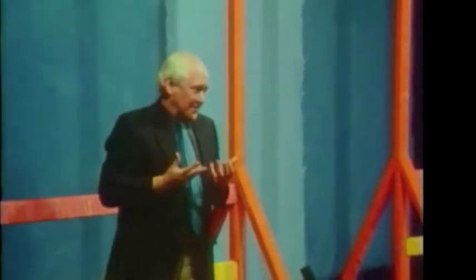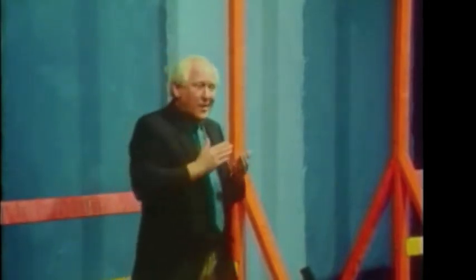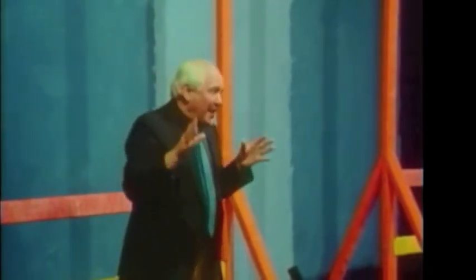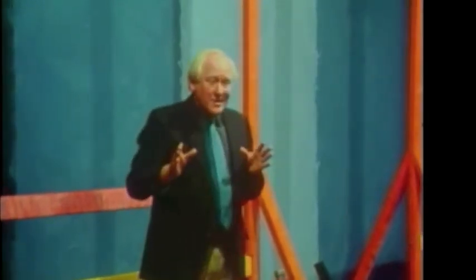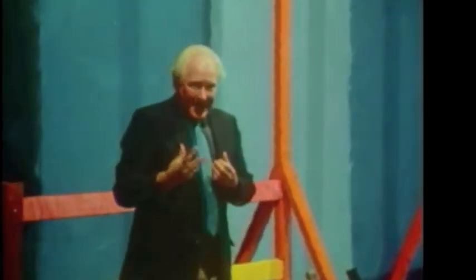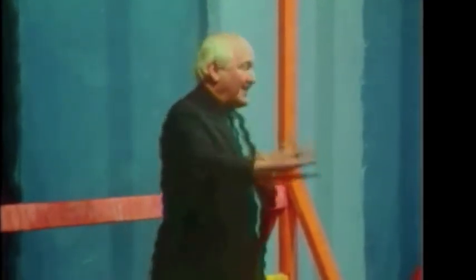Here I have this opportunity to extend these forms, build these forms in the landscape, and make this color statement, and it will be there over the seasons. There will be a constantly changing event around the piece itself. The color of the piece will be basically fairly static, though it will alter and weather and fade and change. But there will be dramatic changes in the landscape itself, the seasonal changes, from the parched, arid colors of summer, and then finally to the coming of the